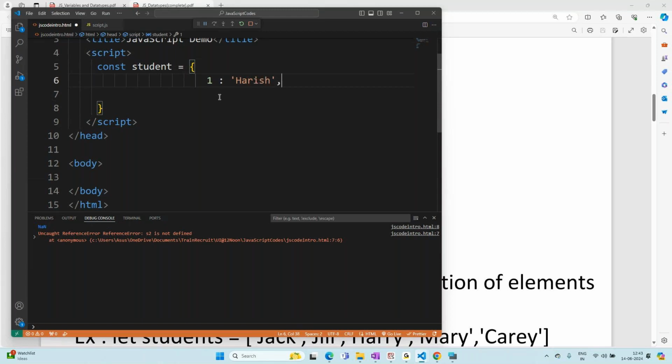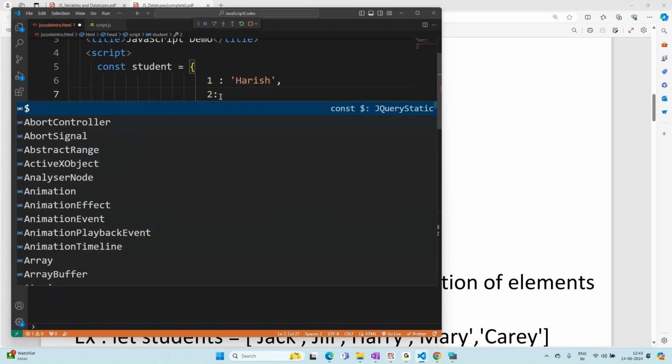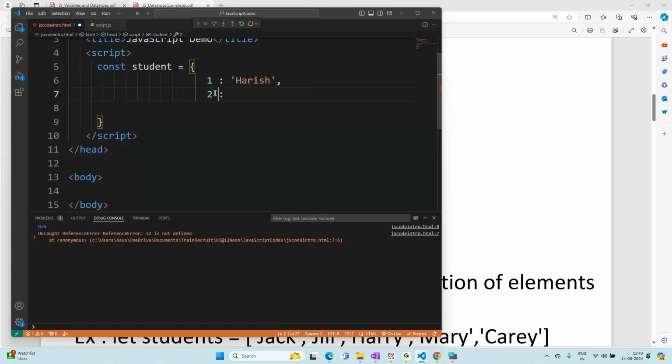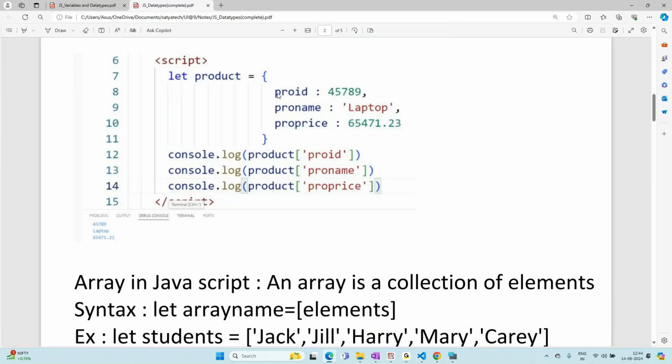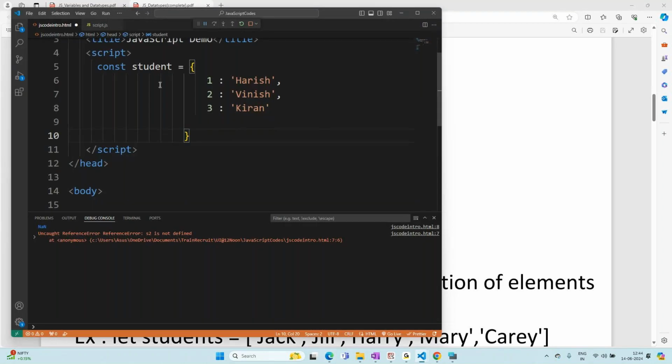Harish. Next, 2 colon. Next. Right. So now what is created? Like product, student details are created. Student details have what? Roll number, name. Okay. Now if I want to access this,